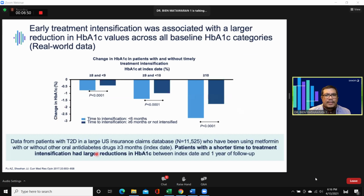So why is it very important that we intensify early? Because there is data showing that early intensification was associated with a larger reduction in HbA1c values across all baseline HbA1c categories. In this data, among more than 11,000 type 2 diabetics in a large US insurance claims database, who had been using metformin with or without other oral diabetic agents for more than 3 months, they looked at those patients that were intensified within 6 months and beyond 6 months at a particular baseline or index